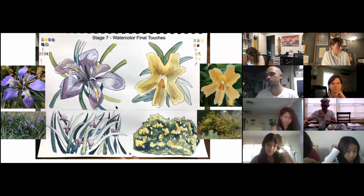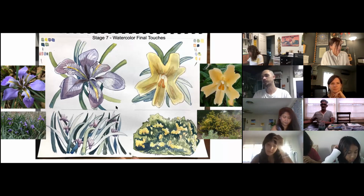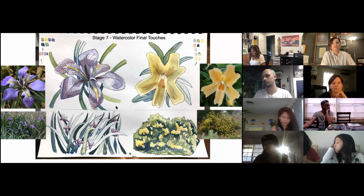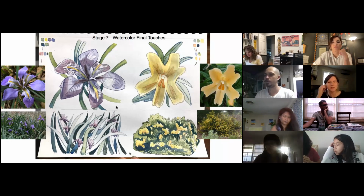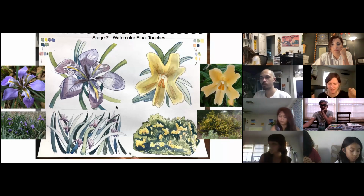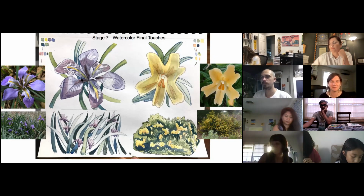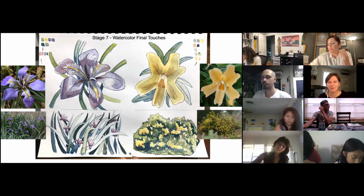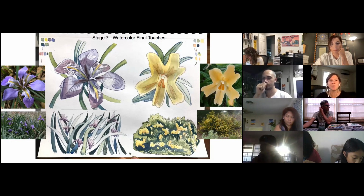So Calscape was one, and iNaturalist, an identification app. One thing I'll say about iNaturalist is that if you find creatures in your yard, there are so many things that you'll discover. But sometimes it's really hard to figure out what they are. And there are so many scientists on iNaturalist. So when I first started gardening with California native plants,